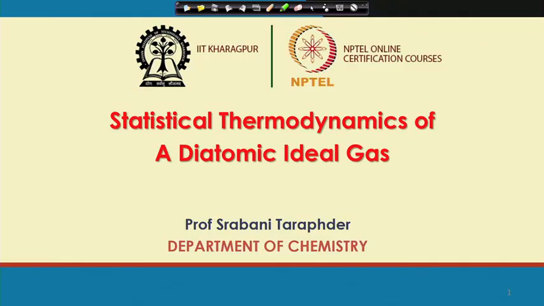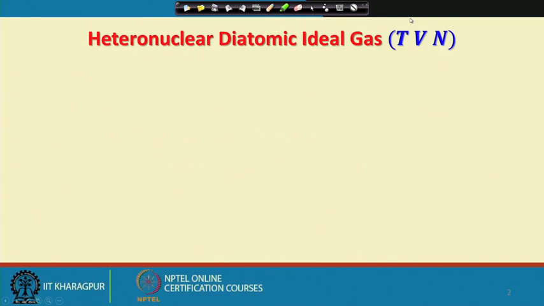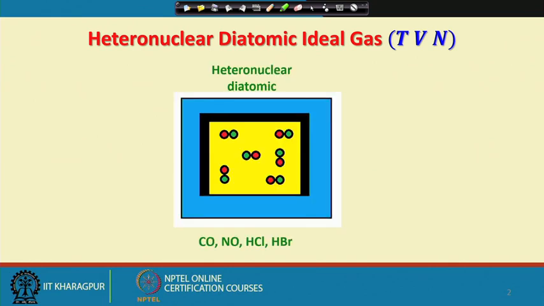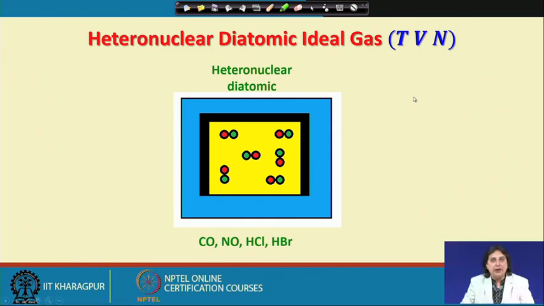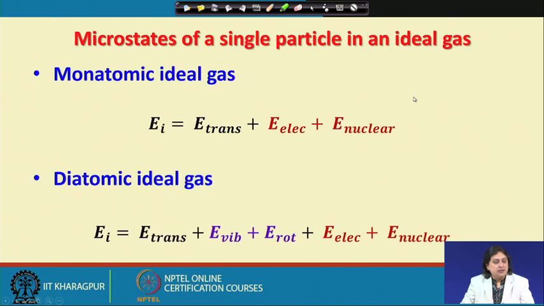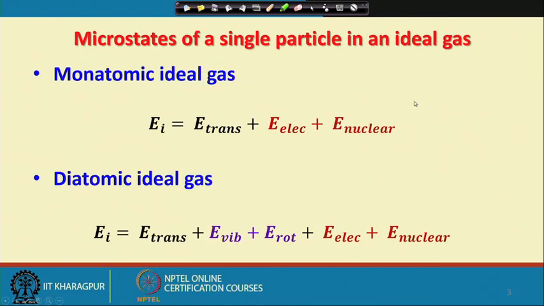Welcome back. We are discussing here the statistical thermodynamics of a diatomic ideal gas, where we have already seen how to think about the description of the microscopic state of a heteronuclear diatomic ideal gas that is maintained under the macroscopic condition of a given temperature, volume and number of particles. And here we have highlighted the fact that we could do the statistical thermodynamics in case of the monatomic ideal